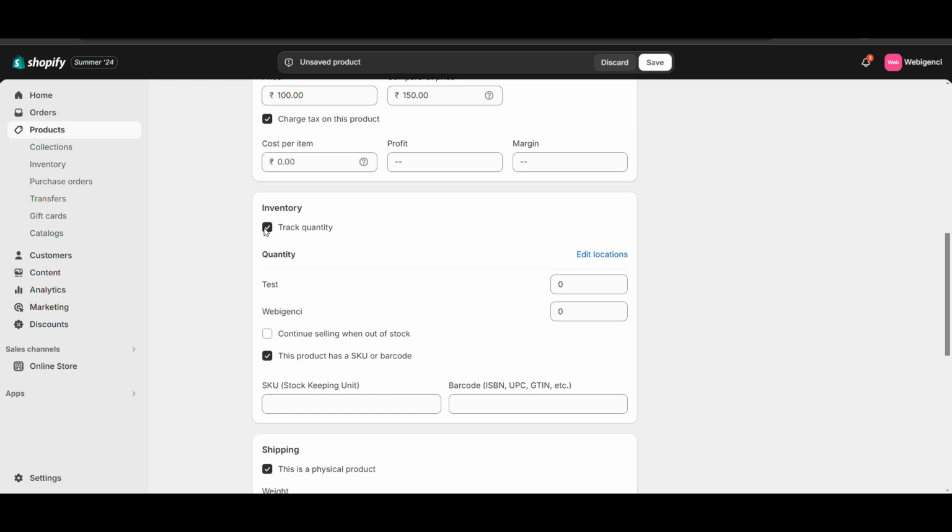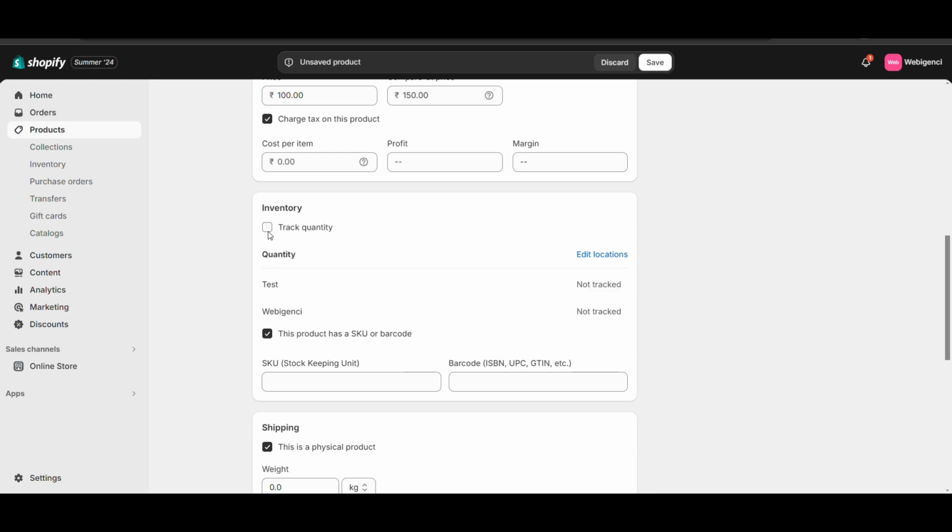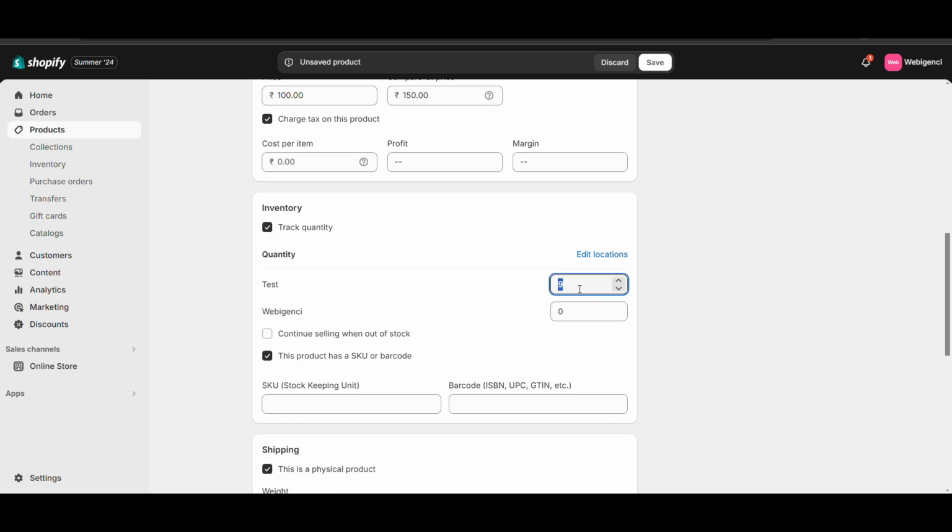Now if you want to track quantity, like how many units you have, currently I have 10. If someone purchases this product, it will automatically be reduced to 9. So if you want to manage that quantity, you can enable it. If you don't want the quantity feature, like there will be unlimited product, then just remove the quantity feature. If you want it, just enable it and write the quantity that is available. Okay, you need to update it in future if your product goes out of stock.